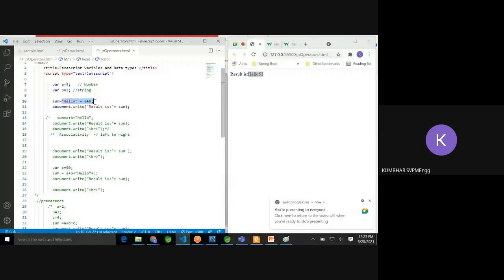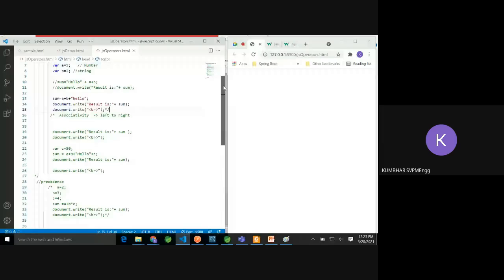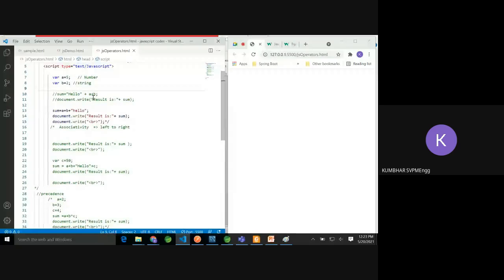I hope you are getting it. Yes, sir. The same task, let's do reverse. Let me comment this. Sum equal to a plus b plus hello, result equal to sum. Is there any mistake? No, the code is correct.